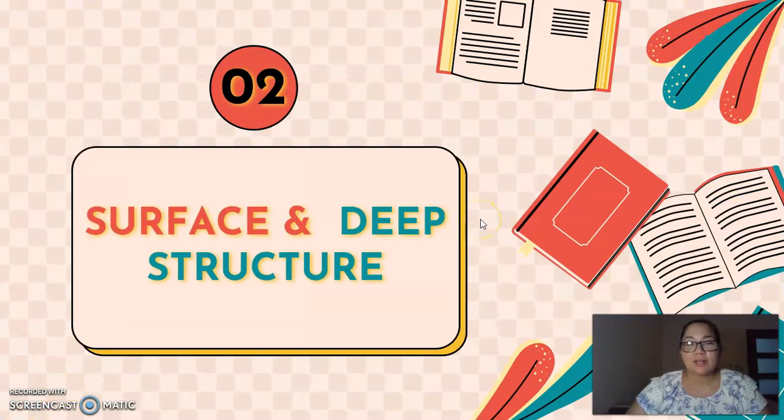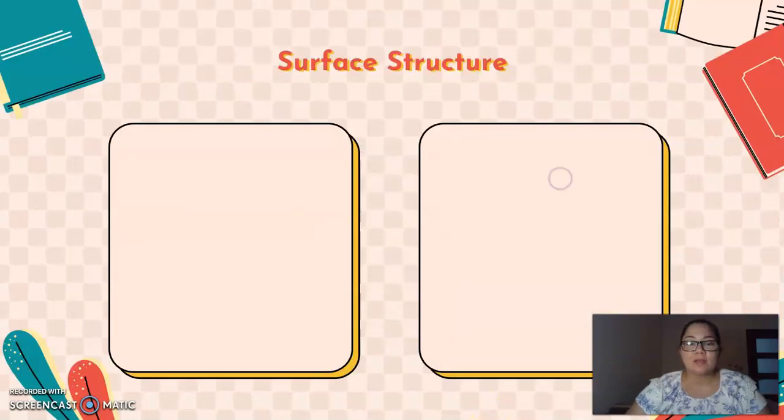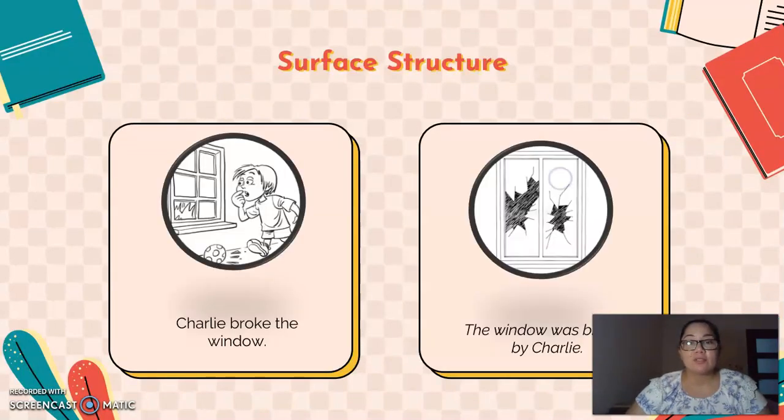So now let's learn about surface and deep structure. Okay, so we have two sentences. Do you see them? Charlie broke the window and the window was broken by Charlie. While reading the sentences about Charlie, our English knowledge intuition tells us that there must be a hidden similarity between these two superficially different